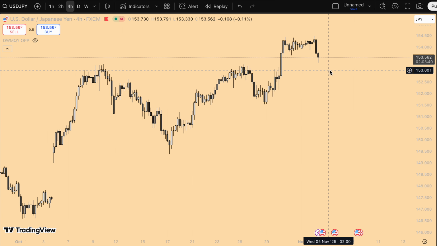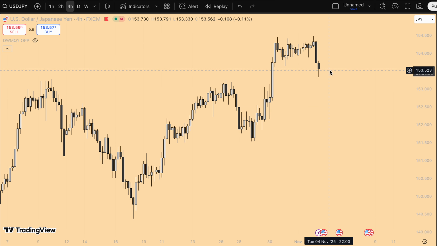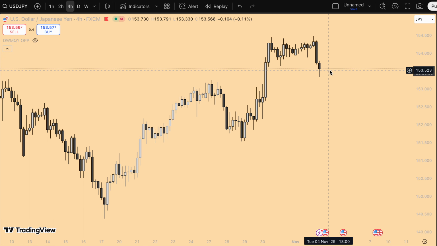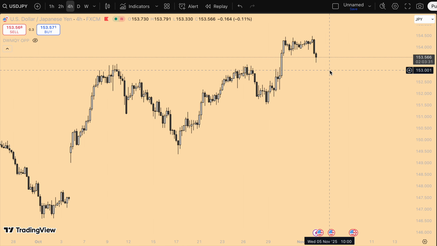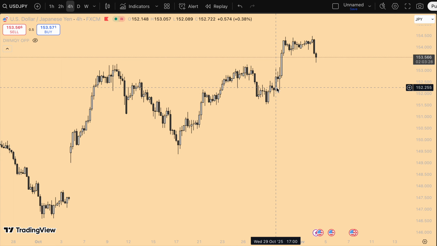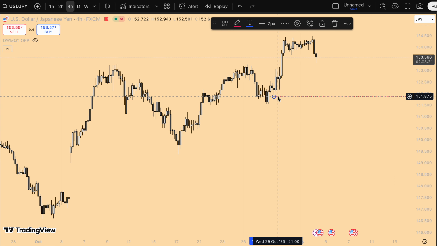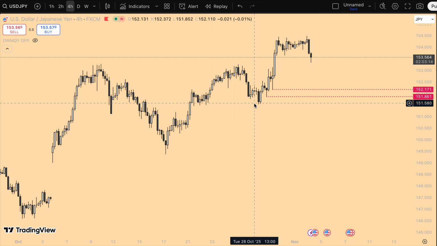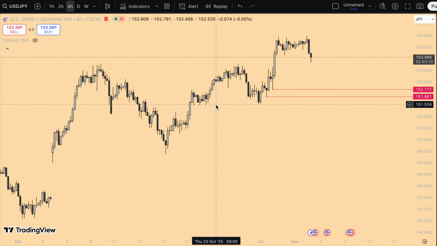Okay, and then for USD JPY, similar story also, because the yen apparently is pushing up. I'm just waiting for perhaps some liquidity grab underneath here, right? We have liquidity here also, and liquidity here also. This is a nice demand area, because we grabbed liquidity to our left, grabbed all of it.